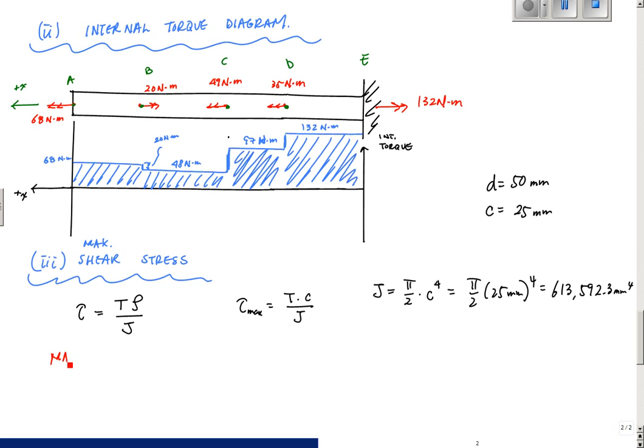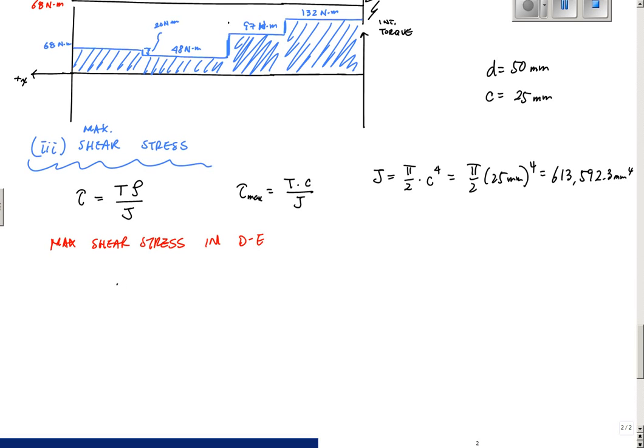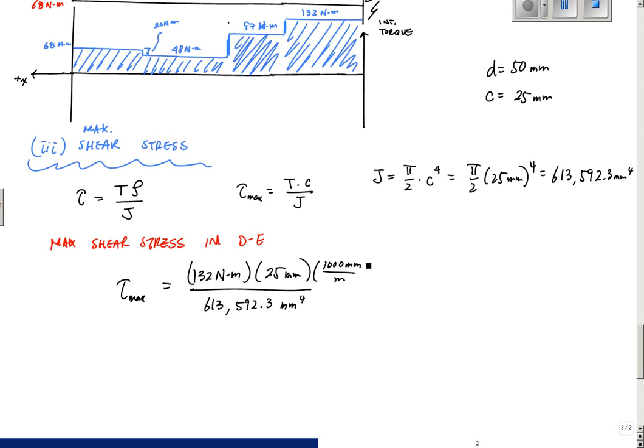So max shear stress in segment DE, in this case right here, tau max, is equal to the torque, 132 Newton meters, times the radius, which is 25 millimeters, divided by 613,592.3 millimeters to the 4th. So all I did was plug and chug, and I want to make sure I convert the meters into millimeters. So 1,000 millimeters per meter, bam, and that lets me cross those out, keeps everything in millimeters, and when I plug and chug into my calculator, hopefully this is correct, I get